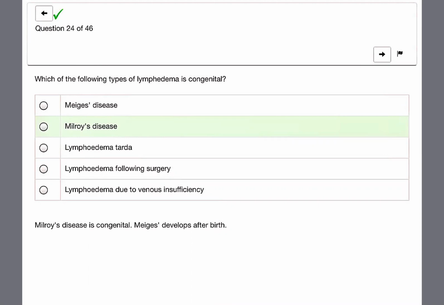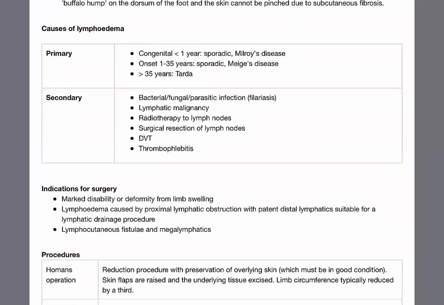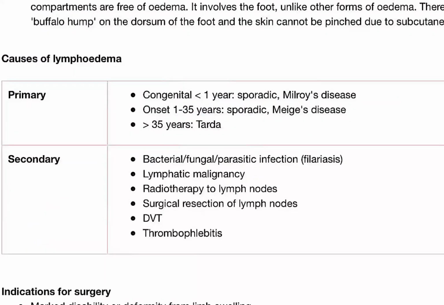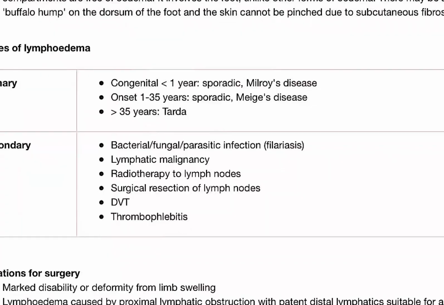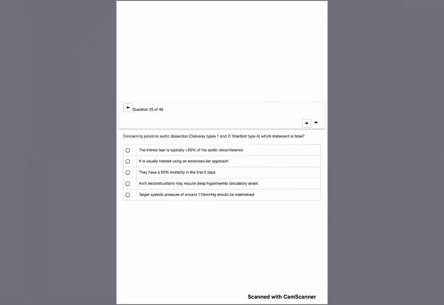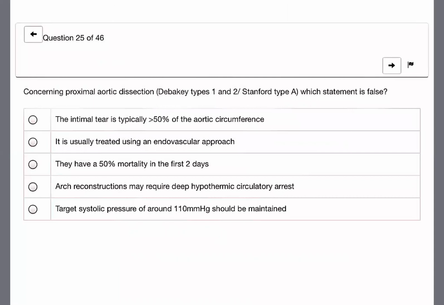Try to remember it by anything that you can. Milroy's disease is at birth. Meigs disease is after the first year, and lymphedema tarda is after 35 years. Okay. Clear? Yes. Next question, Dr. Dafer. Concerning proximal aortic dissection,